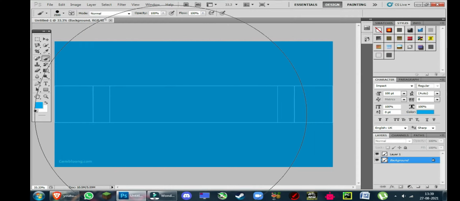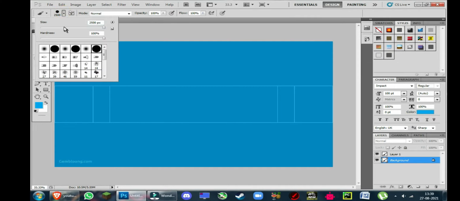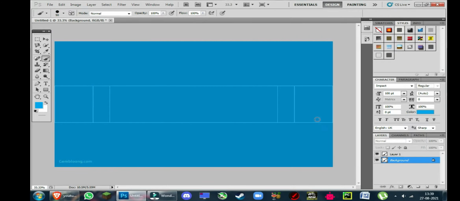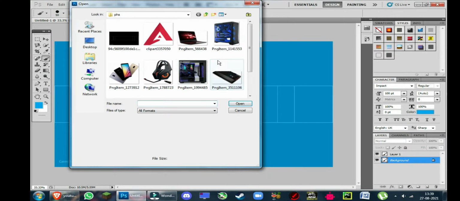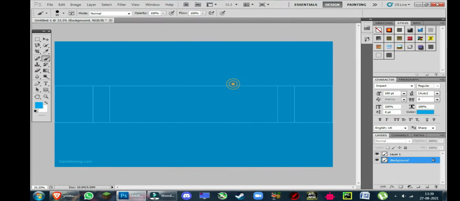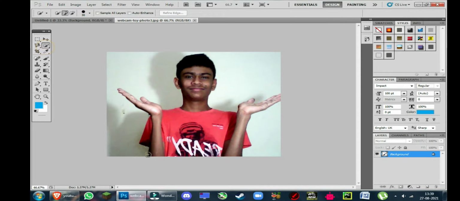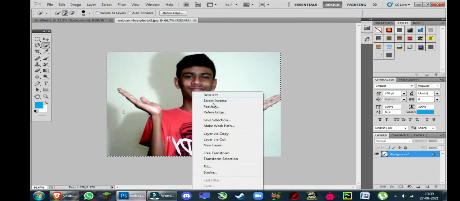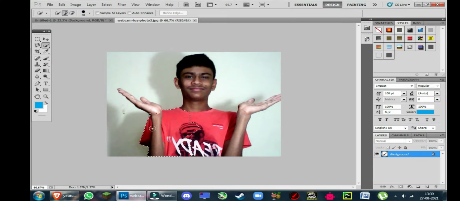It's looking nice. So let's bring in stuff. I'm going to bring in myself first. I'm going to use the quick selection tool. People who are not interested in seeing this can skip. The quick selection tool actually does not detect brown color, so you can see behind me is not a good background. If you take a green screen photo, it's best, but for now it's fine. You can see my shirt is not selected properly.